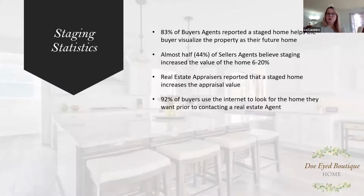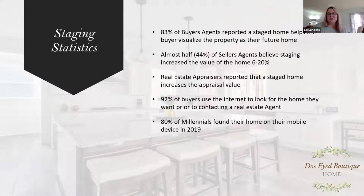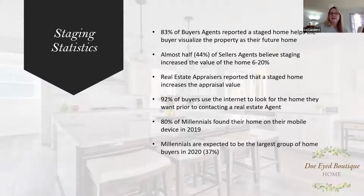92% of buyers use the internet to look for their home prior to even contacting a real estate agent. And 80% of millennials found their home on their mobile device in 2019, which for us here in Richmond, or in the Tidewater area of Virginia, matters, as millennials have a strong impact on our real estate market. They're expected to be the largest group of home buyers again in 2020, if everything goes as planned this year,